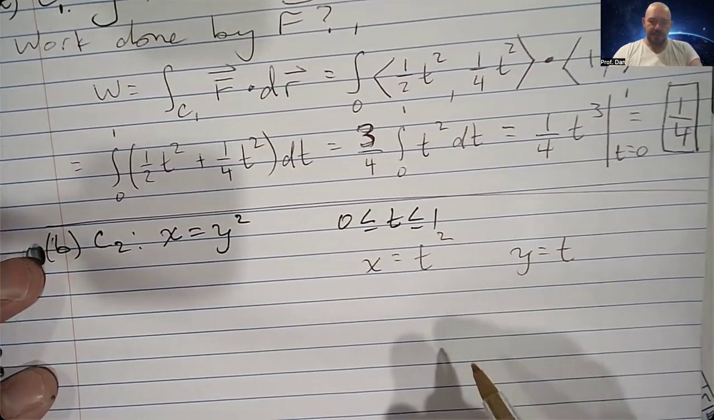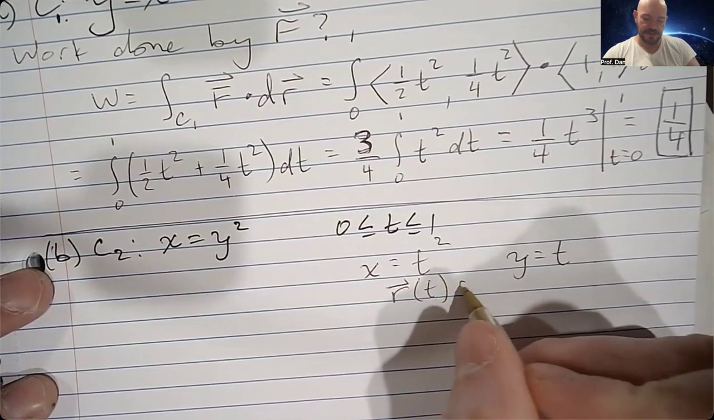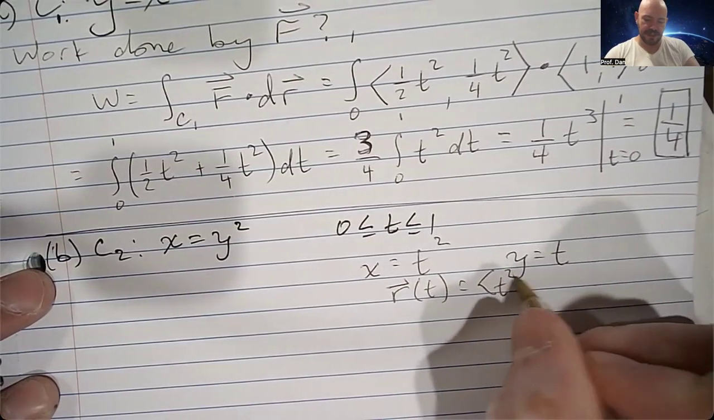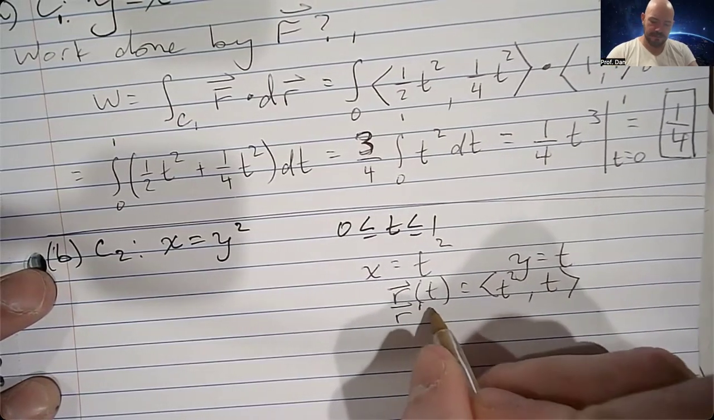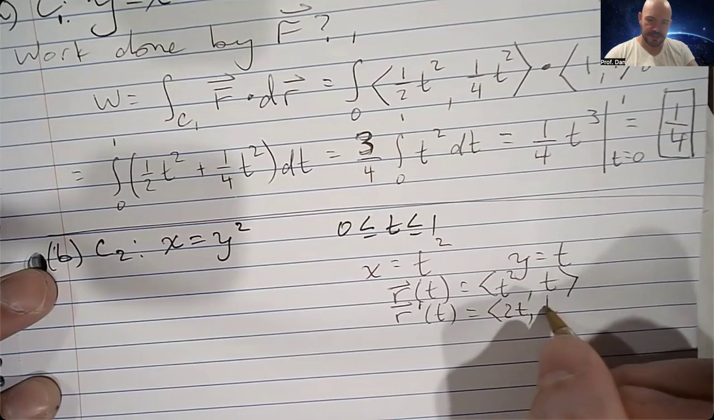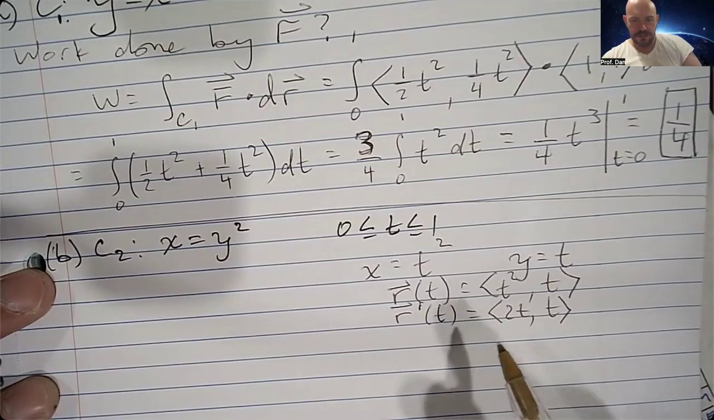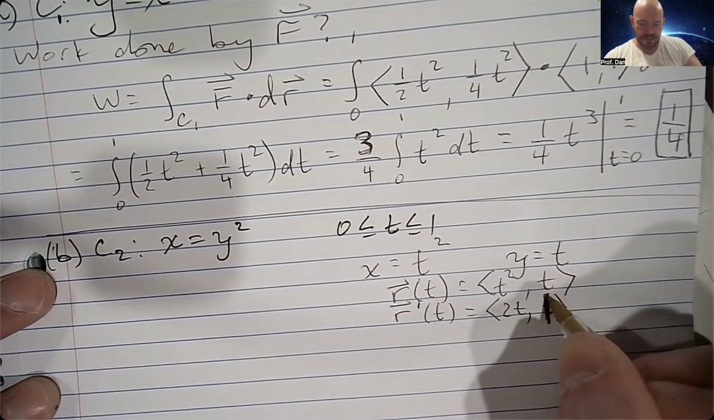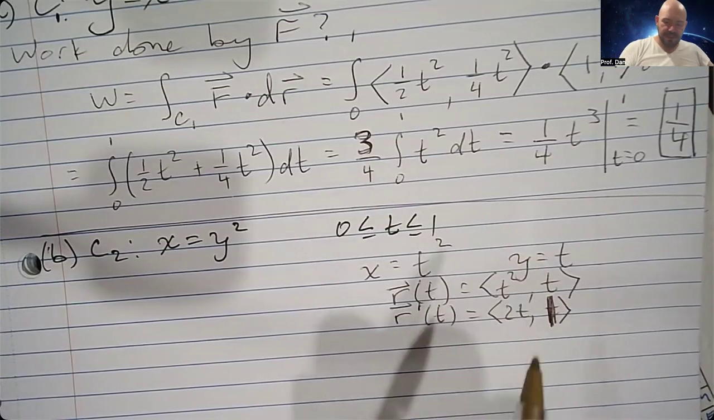Now that I have my parametric equations, I can write my vector valued function r. So we get t squared for the x component, t for the y component, which means that r prime is going to be 2t for the x component, t for the y component. Or no, that's not right. 1 for the y component. All right. So now that we have all of this,